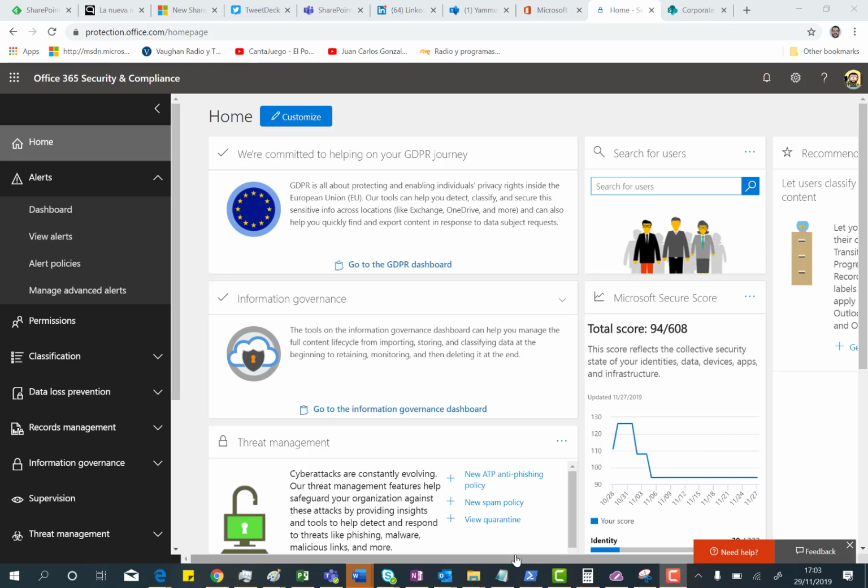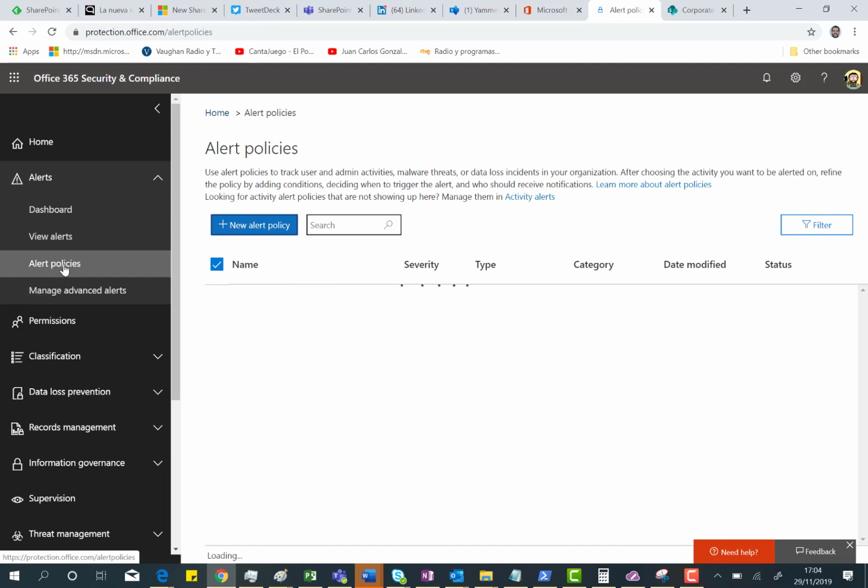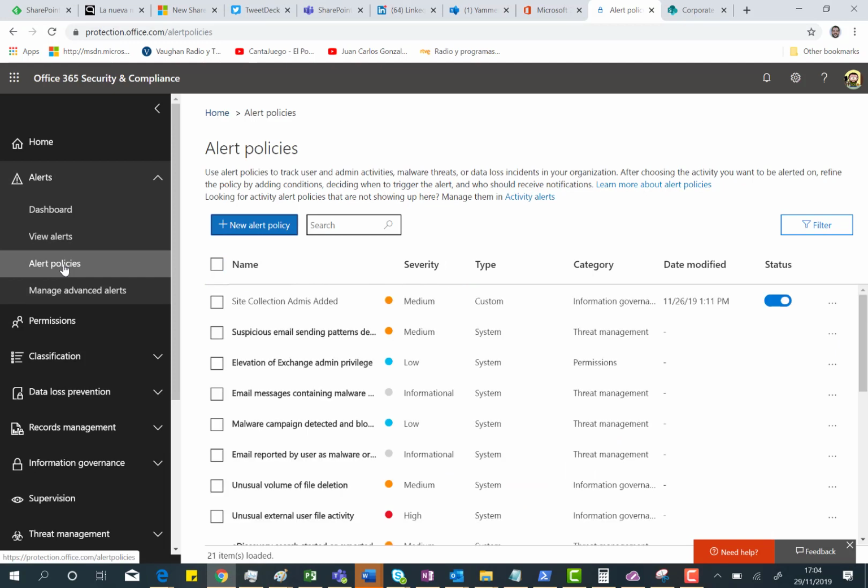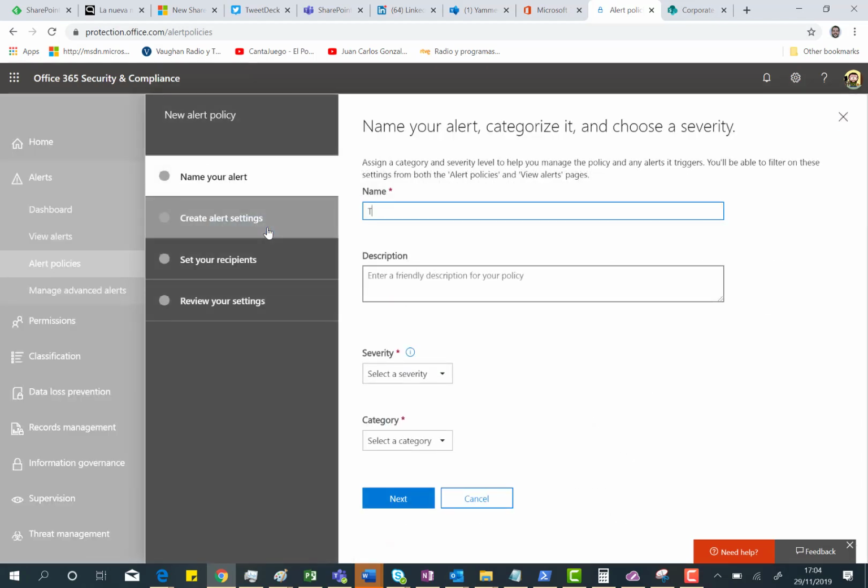the security center. And as you know, the alerts part in this center is provided in the navigation menu under alerts, and then you have your alerts and the important thing today that is talking about alert policies. So I can click on alert policies. Here I have the default alert policies that are defined in this particular Office 365 tenant, but I can create my own ones. For instance, if I create any one, just for demonstration purposes, I can specify the name of